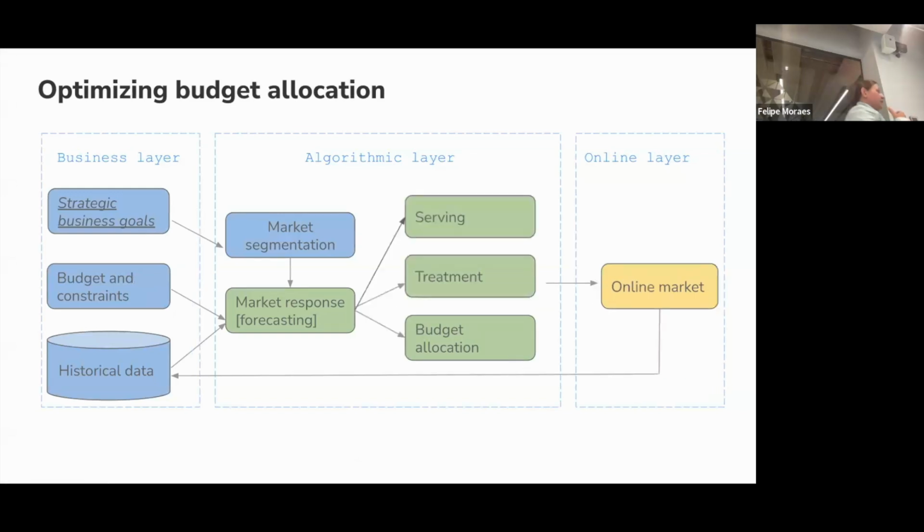But if we think about that framework, we have budget allocation, we have treatment. It can be multiple treatments which we want to optimize. And another important piece is that we also have different channels.